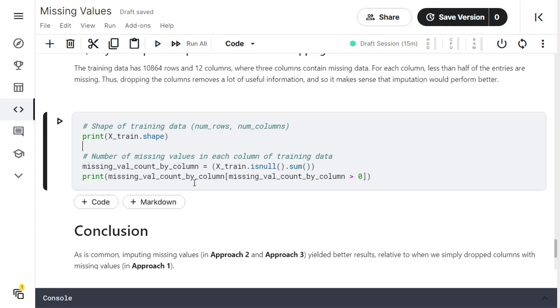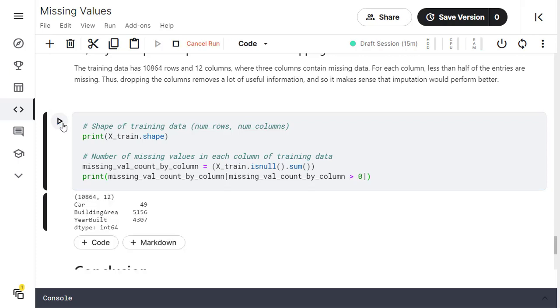So missing value count by column is updated to keep entries which are greater than 0. Click on the cell and run the cell. You can see car has 49 missing values, building area has 5156 missing values, year built has 4307 missing values.